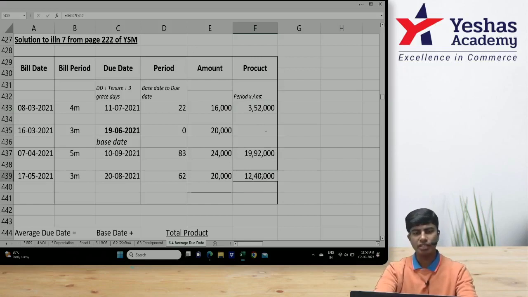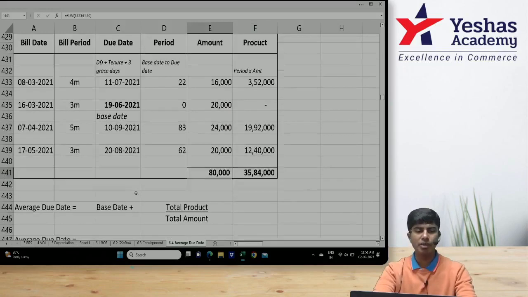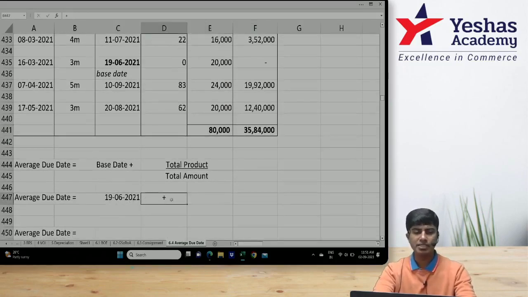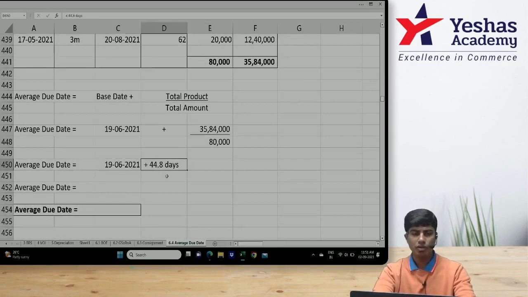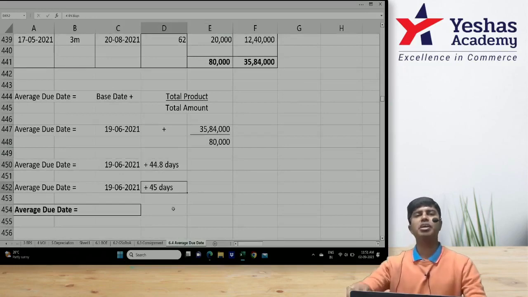Together 21, 31, 31 lakh 32, 34 lakh 90, sorry, 35 lakh 84. Here total 44, 50, 60, 80. Then the average due date will be 19th June plus 35 lakh 84 divided by 80,000. 44 point, that will be 45 days. 19 plus 45,